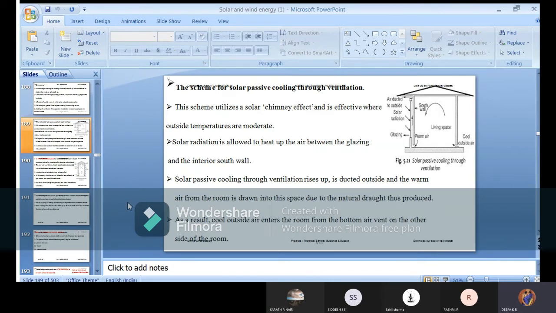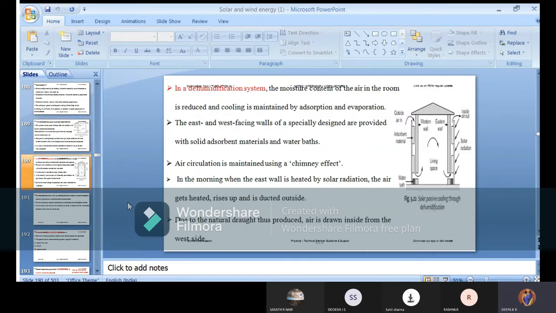And in today's class, we are going with the same method of cooling, but with a different passive condition. Here we are using dehumidification. Dehumidification means removing the moisture content present in the air. Humidity is something everyone is already aware of and has experienced. Now we are staying in Bangalore and we are feeling a comfortable temperature. I think today there is no sun also. The atmosphere is normal and you don't want to increase or decrease the temperature. You feel it is moderate.